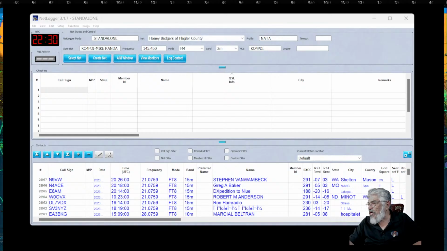All right, Rob, I'll check on that. Rob's telling me about another logging program, N3FJP. I'll look at that. I really wanted to give World Radio League an opportunity to give me a decent logger, but I don't know if they're ready for prime time yet. Anyway, okay, so I'm here.